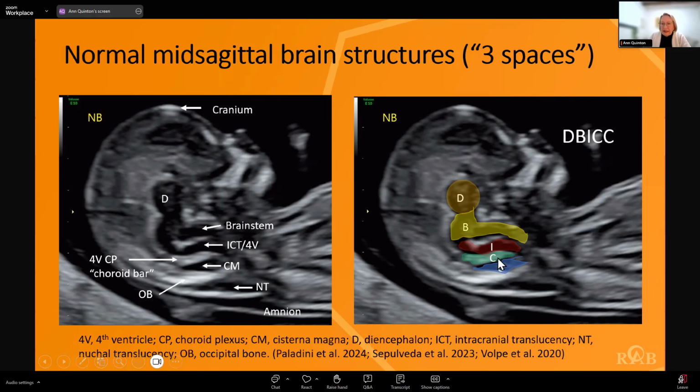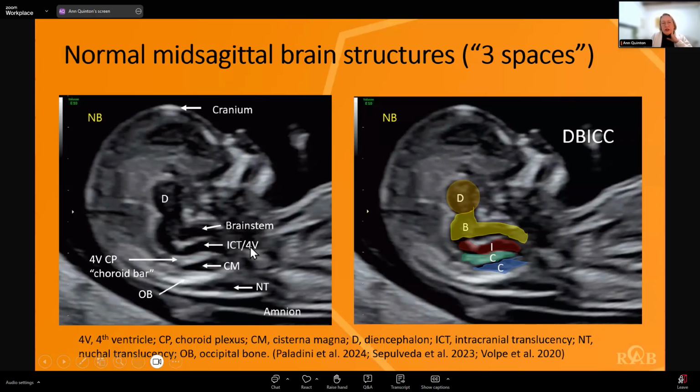Then there is the first C, which is the choroid bar. Remember, we saw that in the axial view. So the choroid bar is the 4th ventricle choroid plexus. Sorry, that's here in the green. And then posterior to that, we have the cisterna magna, which is the 2nd C. So DBICC. And then posterior to that on the left-hand screen, so we can see diencephalon, brainstem, intracranial translucency,